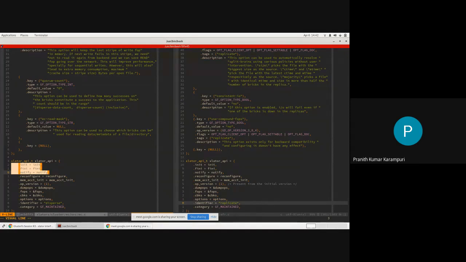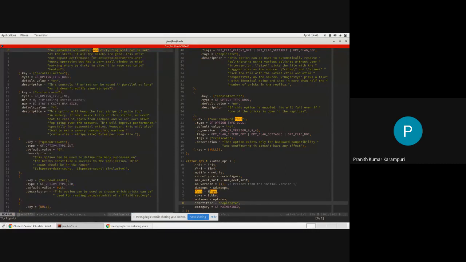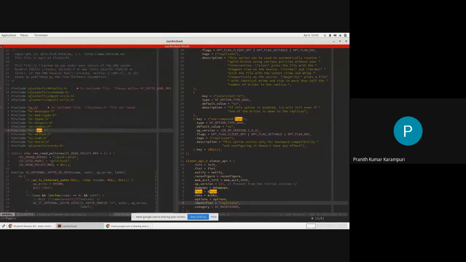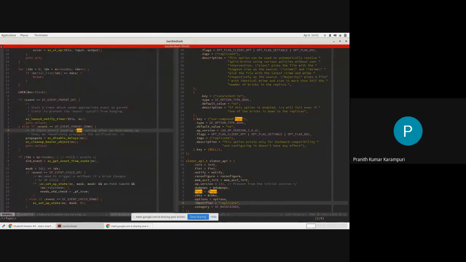So notify is actually used for communication between Xlators. Most of the other communication will happen through the file operations. Okay, so we can actually look at one such thing.